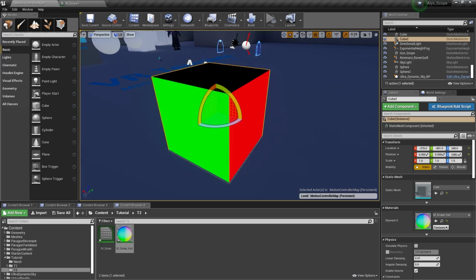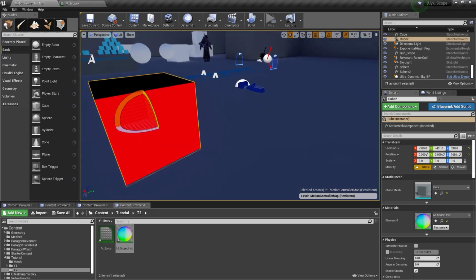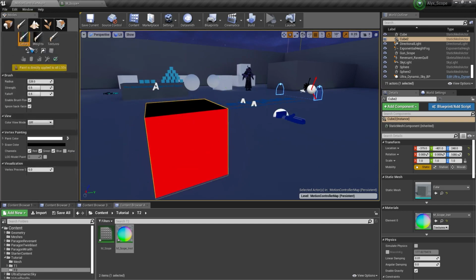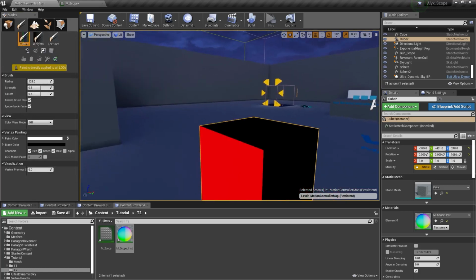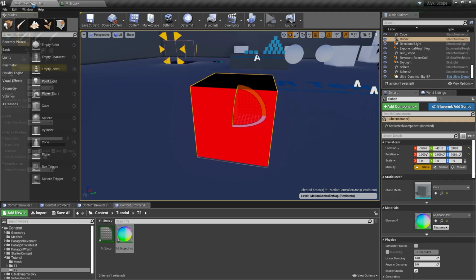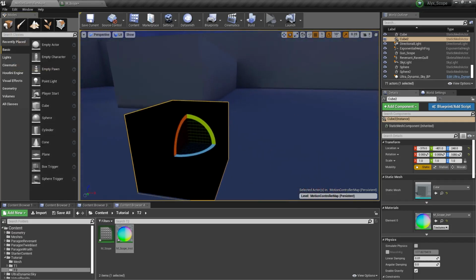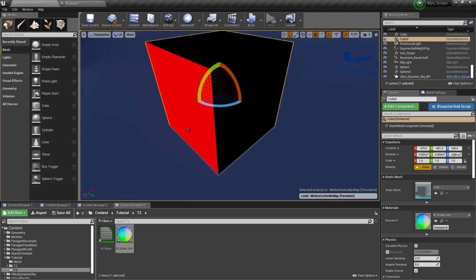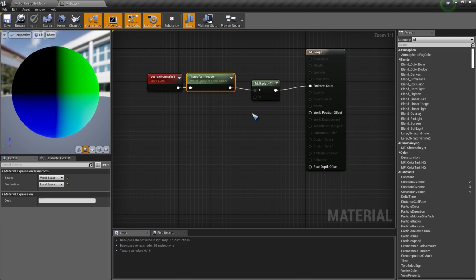So this transform node is a bit expensive. One more thing you can do is vertex paint these colors in red, blue and green and use that as a mask also. So if you want all of these sides to have these colors, meaning that all of them will have a value of 1 in their respective channels,